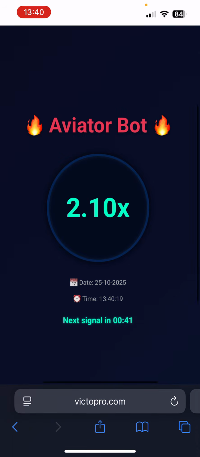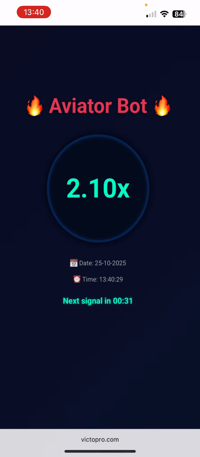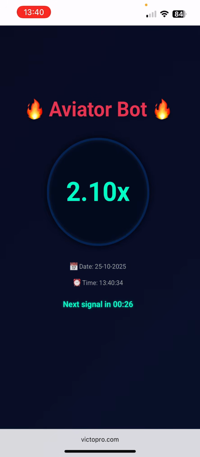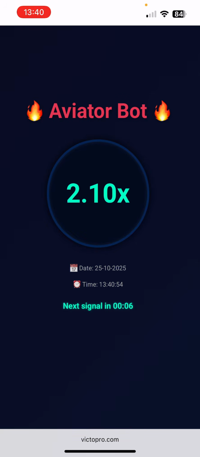So if you want to target just 2 points, then you can target just 2.5, or you aim at the big odd. Like the last prediction the system gave us before this was 4. So imagine you were targeting 4. Your staking plan, which is your Martingale amount, will reduce, because of the high odd. You're targeting 4 odd, so you play 1,000 and rebet twice or 3 times before you double, because once you win with 4 point something, or let me just say you win at flat 4,